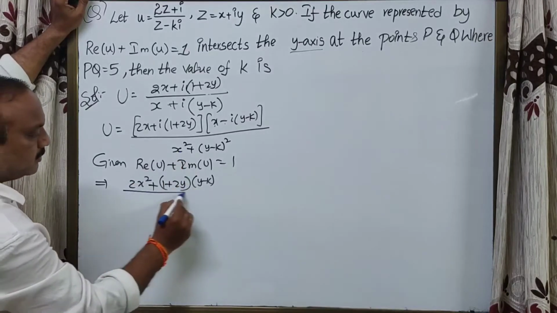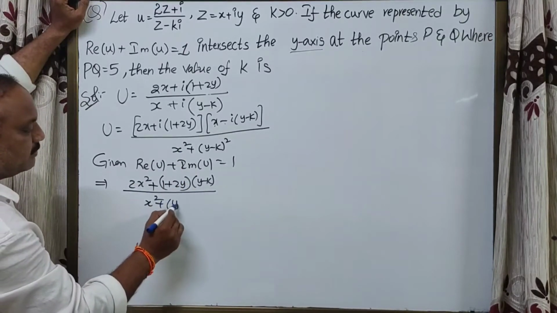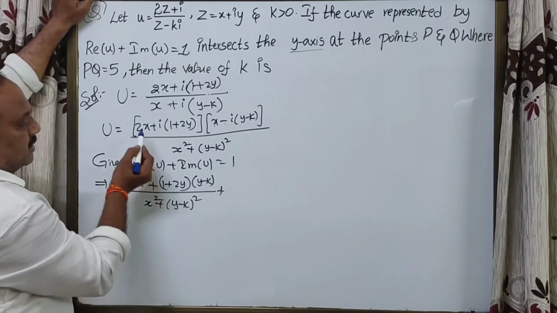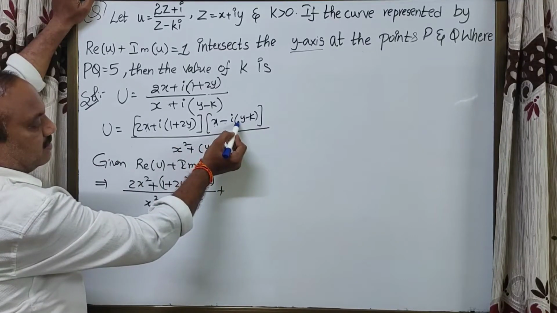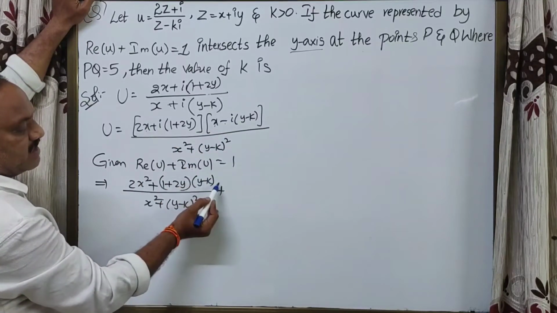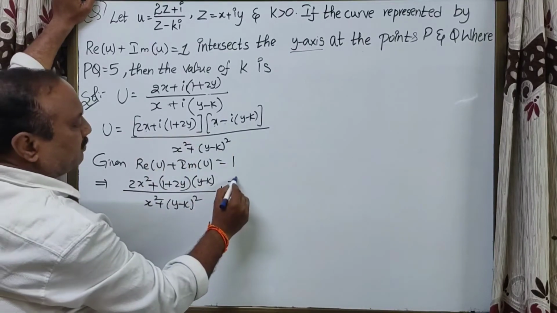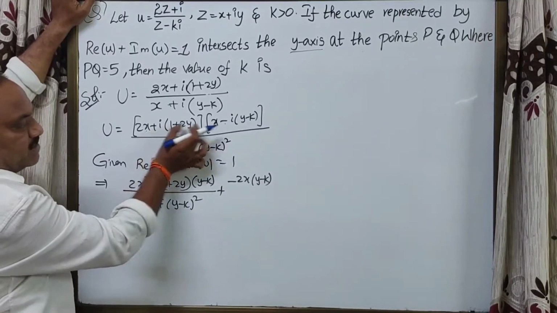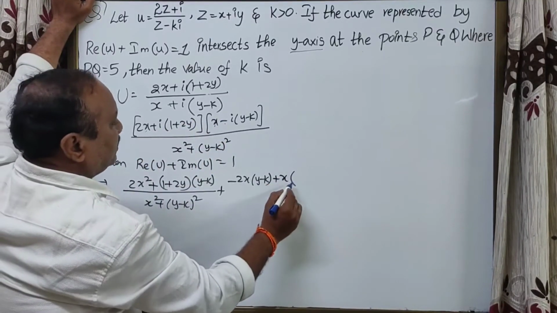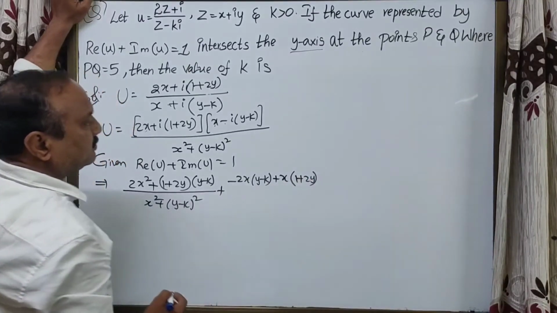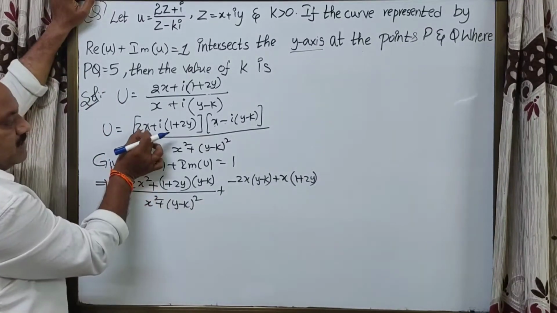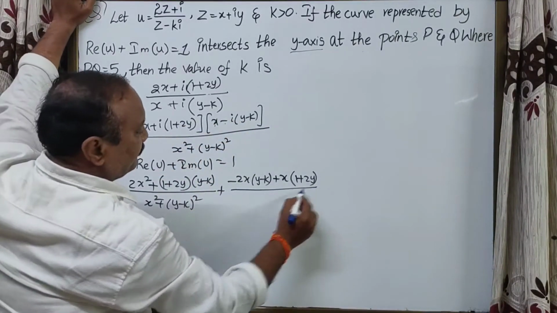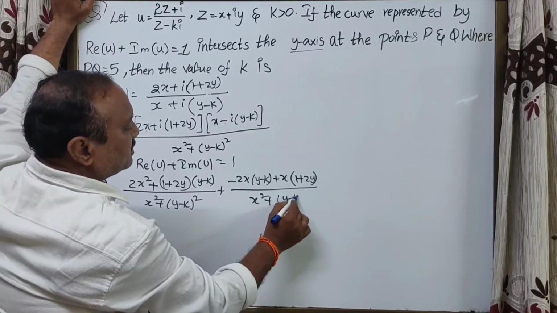By x square plus (y − k) whole square. Plus, to get the imaginary part, multiply this to the i. Here we write the imaginary part, don't write the i value. Minus 2x into (y − k). Multiply this to x to get the imaginary part, x into (1 + 2y). Multiply this x to this imaginary part, by x square plus (y − k) whole square